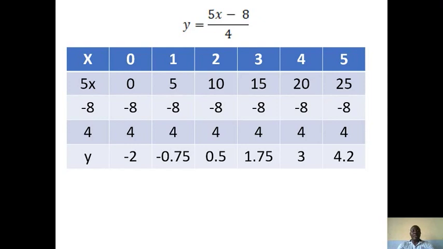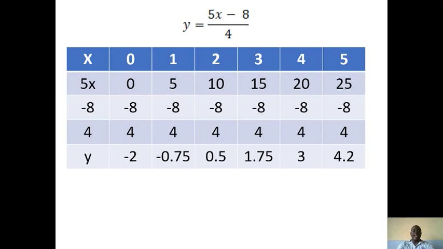But this 4 I am putting there is to divide the resulting value of 5x minus 8. So 5 times 0 minus 8 will give us minus 8. Divide minus 8 by 4, we have minus 2. Then 5 minus 8 will give us minus 3. Divide minus 3 by 4, we have minus